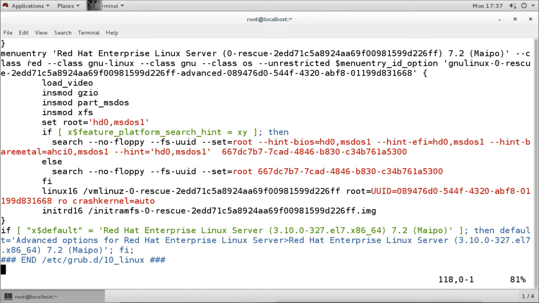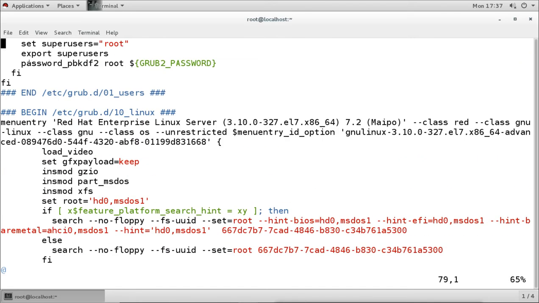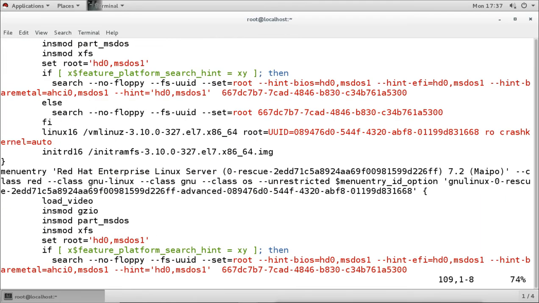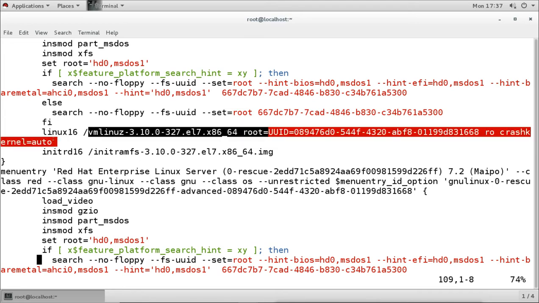So we can also do one more thing. If we want to add some option here for the kernel, we have the option to add it directly in the file, which will be permanent. And also we can edit the grub options while it is booting.